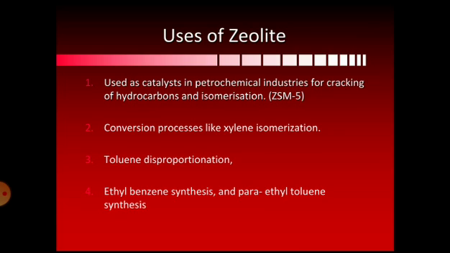The second application of zeolites is conversion processes like xylene isomerization. So zeolites are also used to convert various organic products like xylene, that is called isomerization. Also the toluene disproportionation, zeolites can be used for disproportionation reactions. And the fourth one, ethyl benzene synthesis and para ethyl toluene synthesis. So zeolites can also be used for synthesis purposes. So these are the four uses of zeolite. Okay, next,